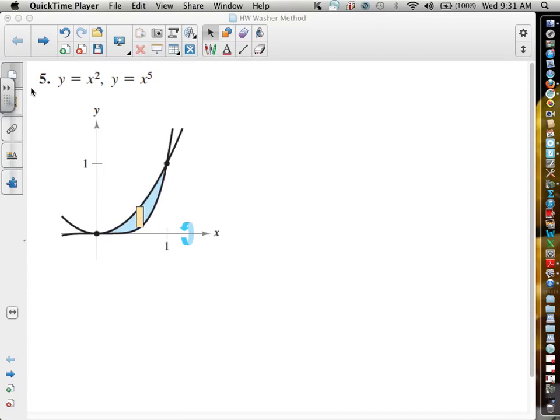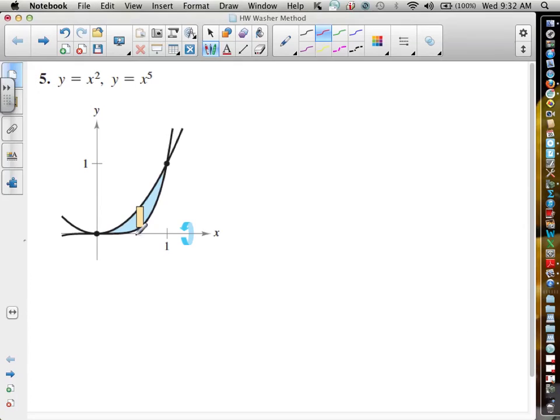All right, so we're going to find the volume that's generated by these two curves, y equals x squared and y equals x to the fifth. First thing we needed to decide is which of the two curves is on the top, which is on the bottom. If you pick a number that's in between here, like 0.5 or 1/2, and plug it into each of